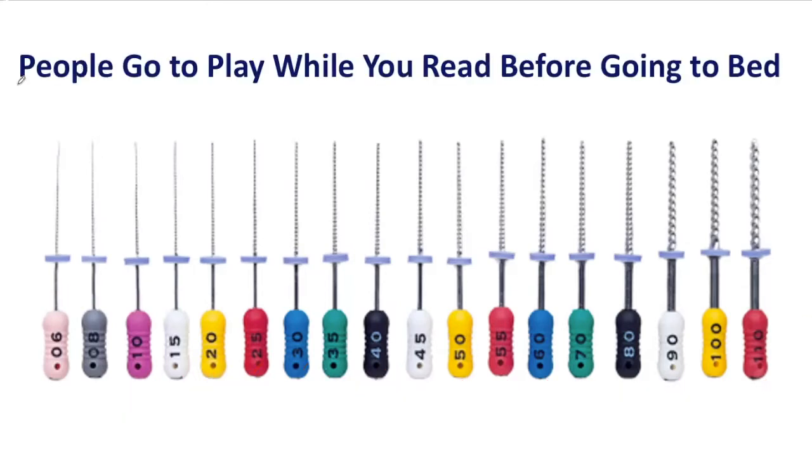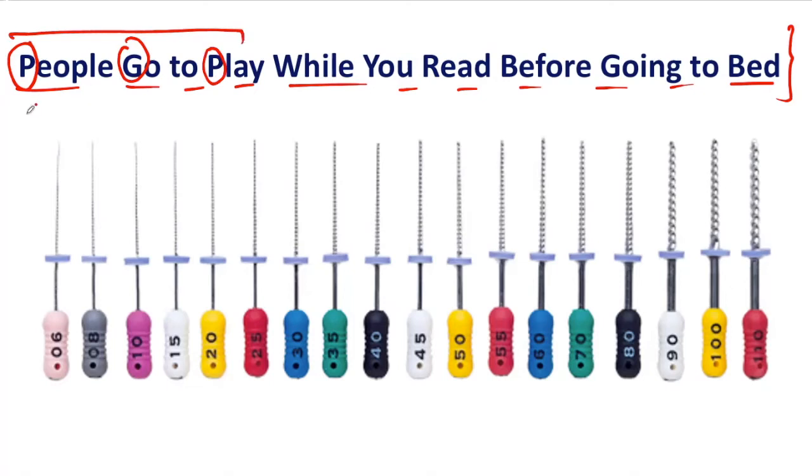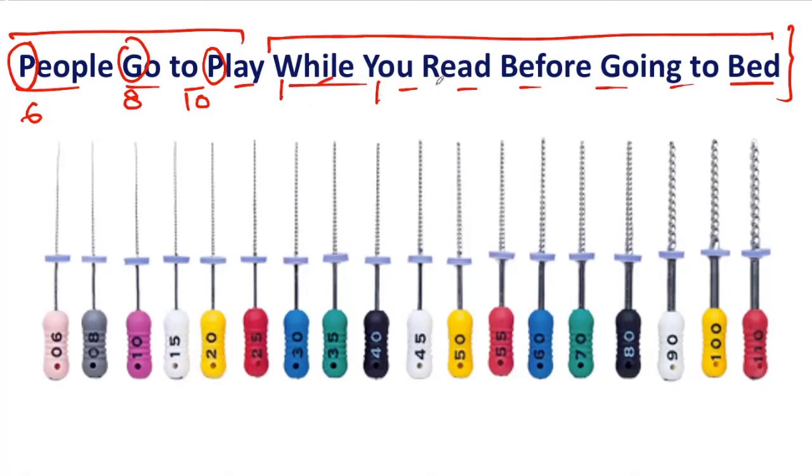See, to remember the color coding, you just need to remember this simple line. People go to play while you read before going to bed. So this is pink, gray, purple. So these are first 3 files of number 6, 8, and 10. And then the color coding which repeats after every 6 files. This is white, yellow, red, blue, green, black. So you just need to remember this and it will be easier for you to remember the color coding of